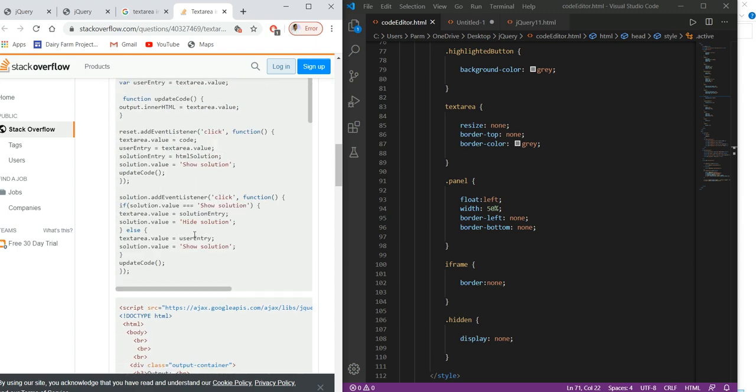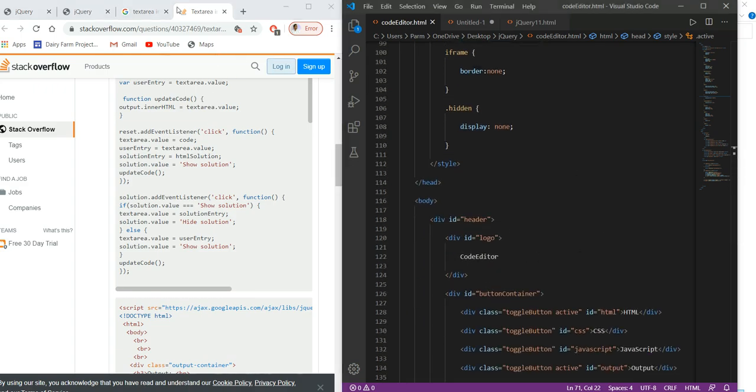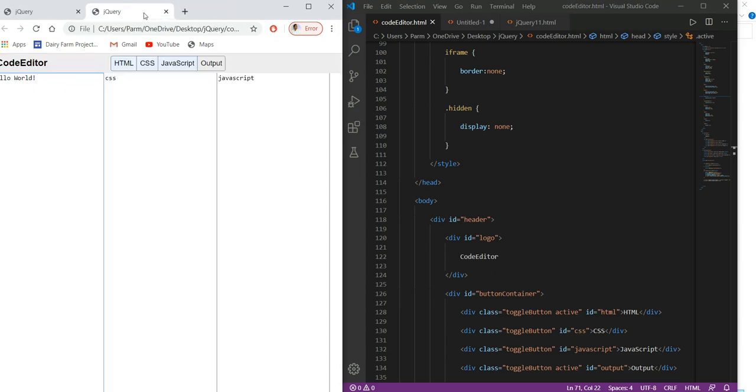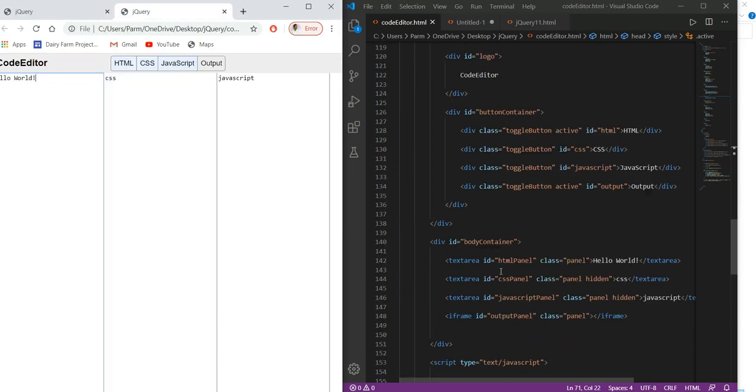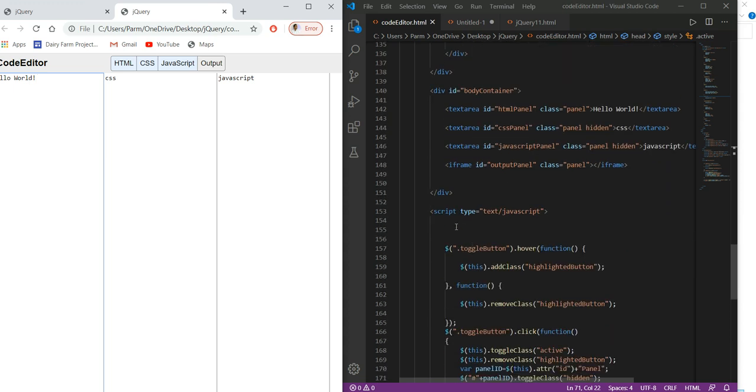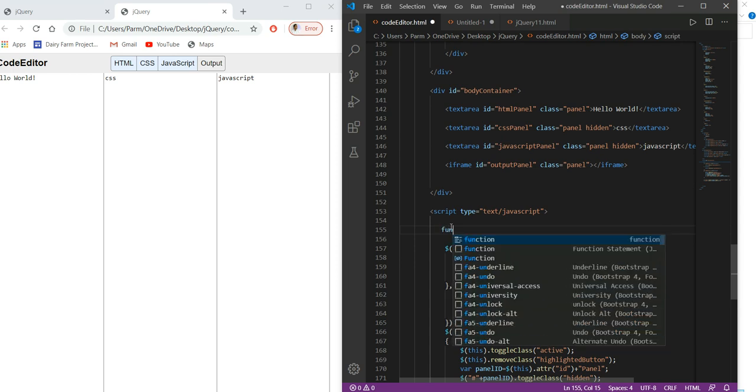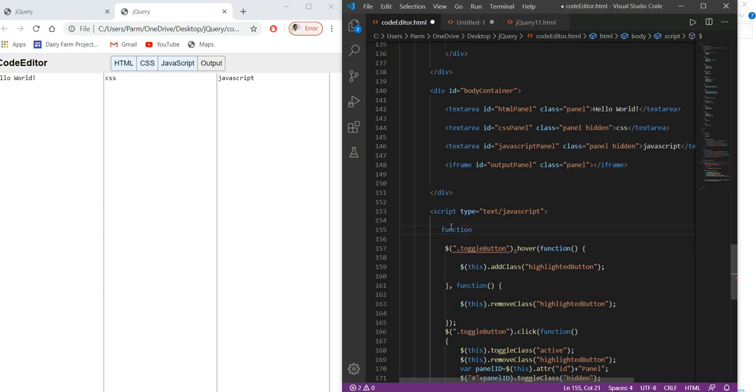So what I will do, I will make another function over there in my script. So I'm closing this for now. Here I will create a function, and in order to create a function I have to use the function keyword, and the name I will give it as update output, say.